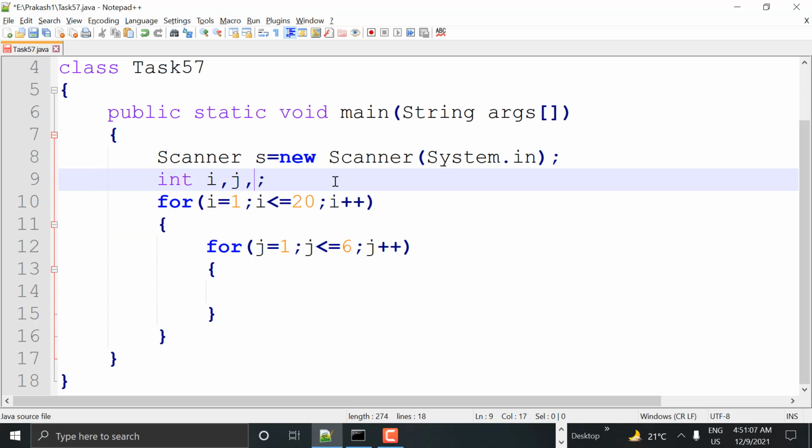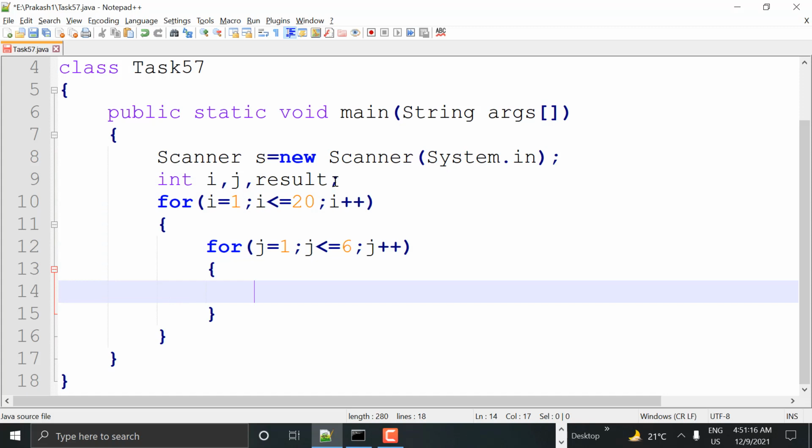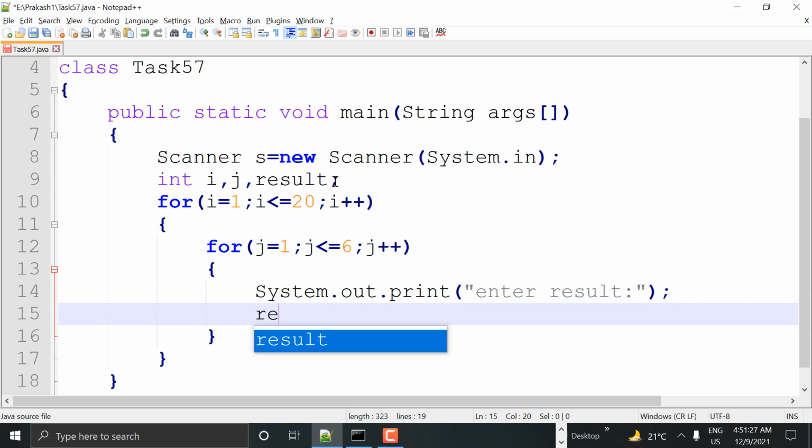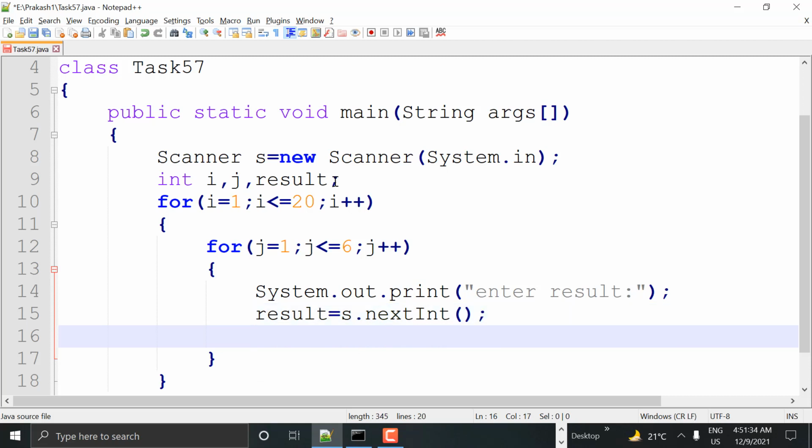Here I'm asking for the result: System.out.print enter result. So what is the result after the first ball is played? That result I'm taking with s.nextInt. After reading the result, I'm checking if result is equal to 0 or 1.